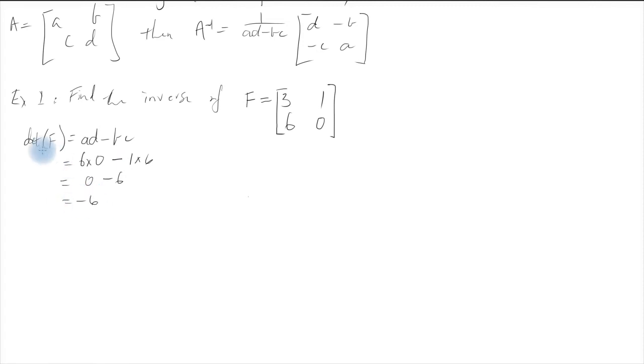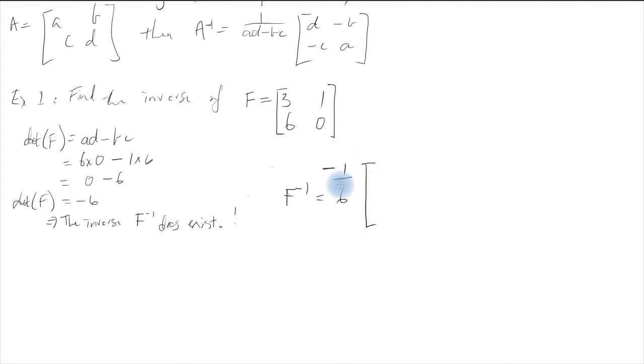The determinant of F equals minus 6. Because this minus 6 is not 0, the inverse does exist. Okay, the inverse, and this time it'll be the inverse F to the minus 1, does exist. That's excellent. Now, our determinant F is minus 6, so now we're ready to just actually write our inverse. Well, it equals 1 over our determinant, so it equals 1 over minus 6, minus 1/6,